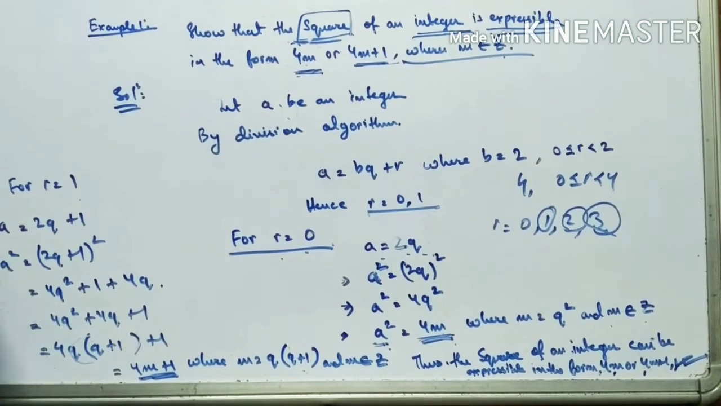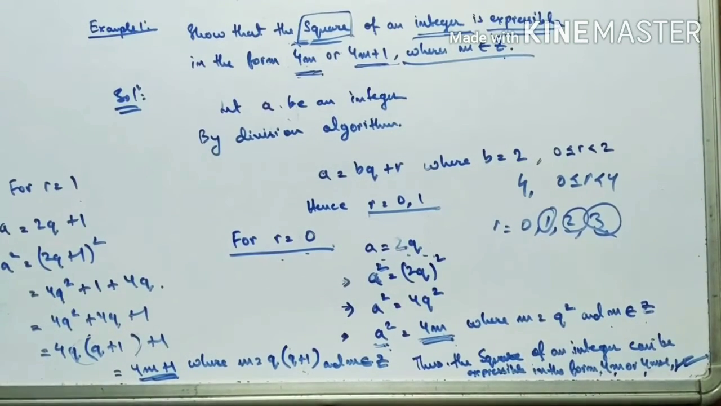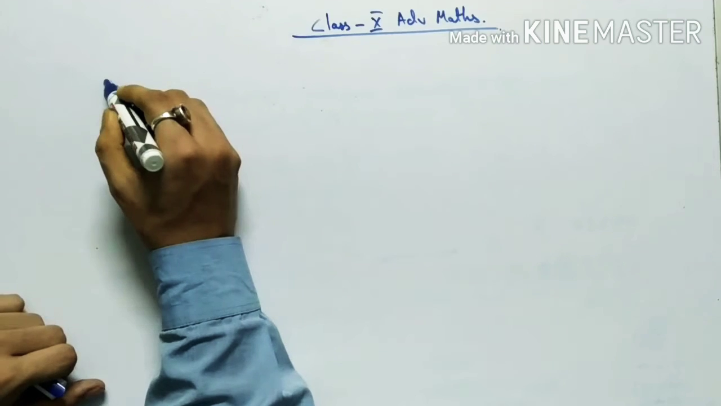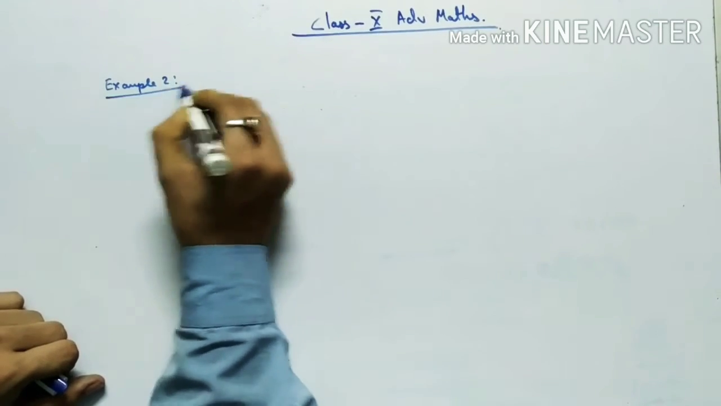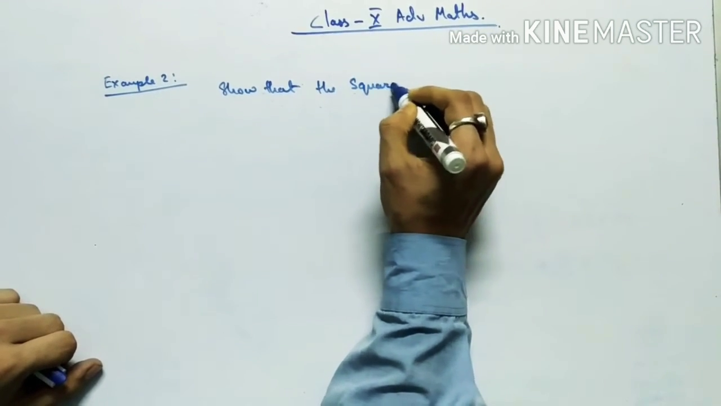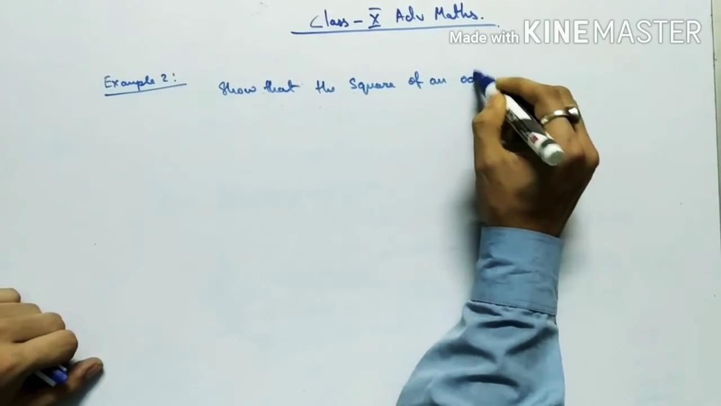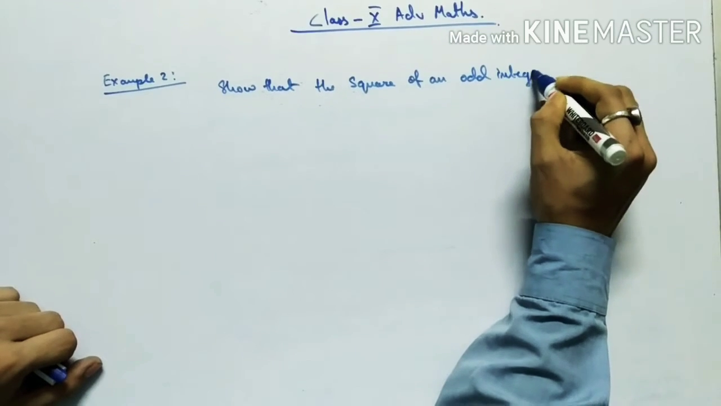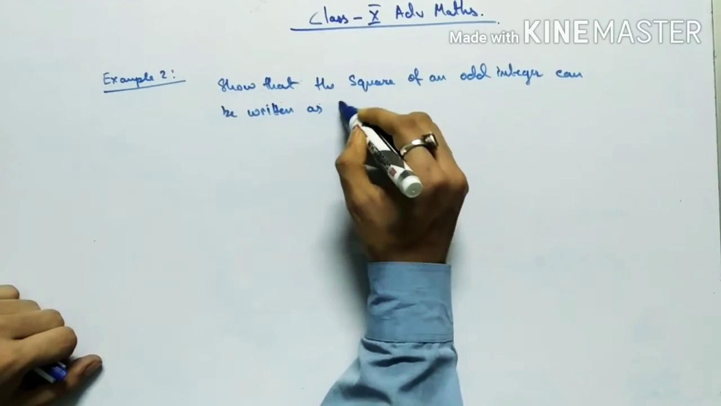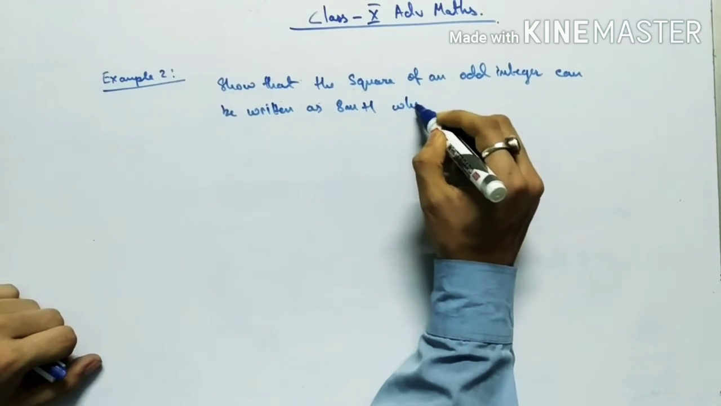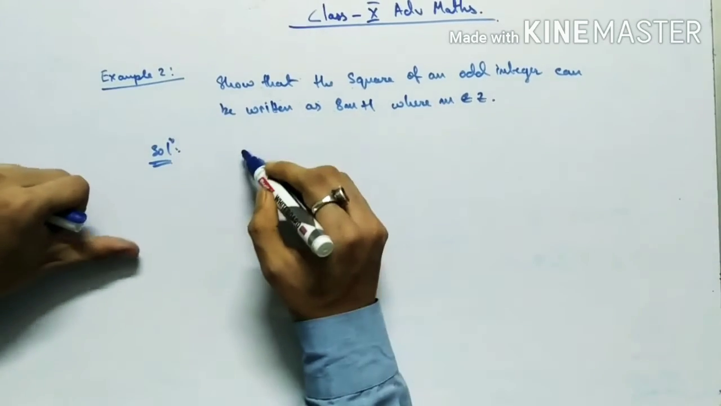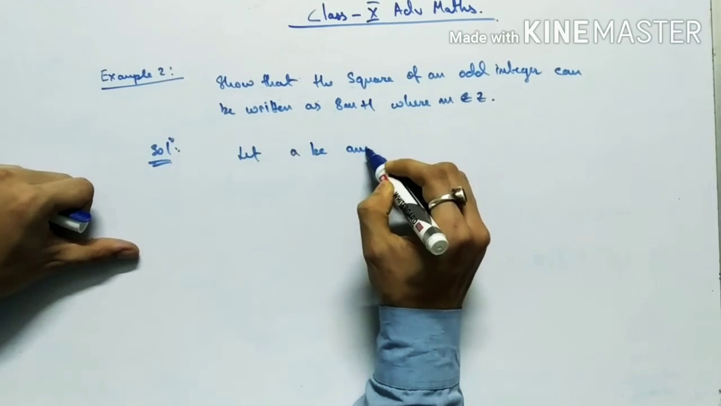So next I will go to example 2. This is example 2, saying that the square of an odd integer can be written as 8m plus 1, where m belongs to Z. So solution in here, first of all I will take, let a be any integer,